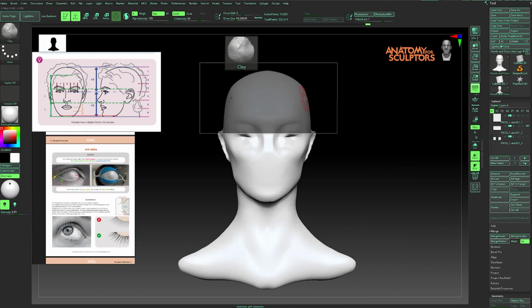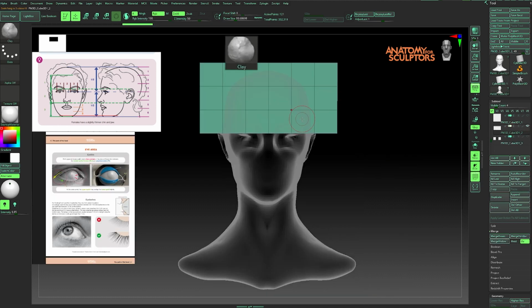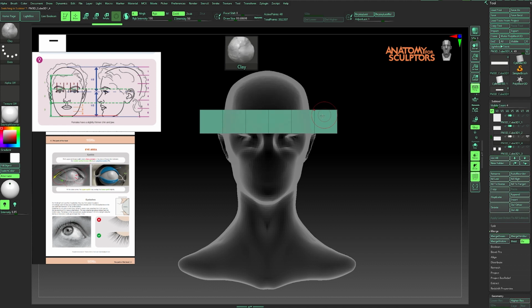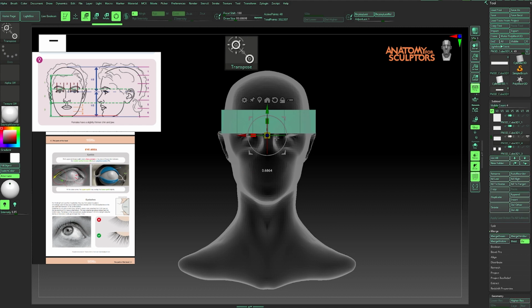The eyeballs themselves are about 1/6 of the head width from the front view. Eyeballs are a little bit smaller than the eyes we see in the face because of the different things that hold the eyes in place. So follow me carefully on this. Duplicate our main cube again and delete everything except 1 row. This row already has 6 segments. Now scale it to the head size, but keep in mind that it should be a little bit larger than the head width.